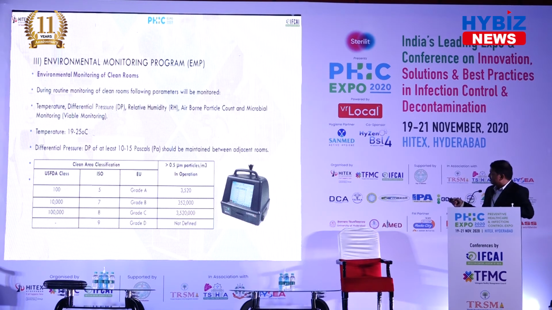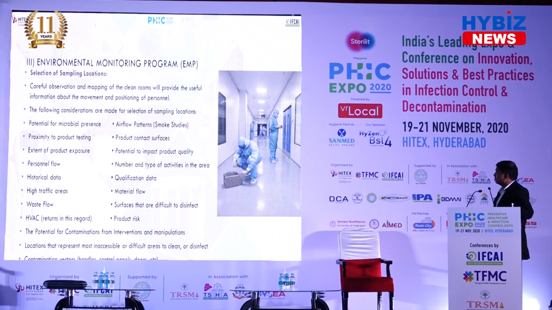These are the particulate count limits, and this is the airborne particle counter, which is a portable one. There are also online particulate counters which are fixed in the line itself. However, we are demonstrating this portable one. And these are the different classes and grades and their respective particulate limits. Generally, particulates above 5 micron will be considered for a clean room. Both particulate and microbial monitoring play a major role in maintaining a clean room.